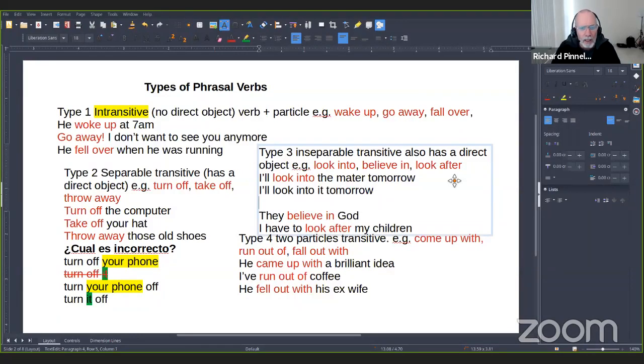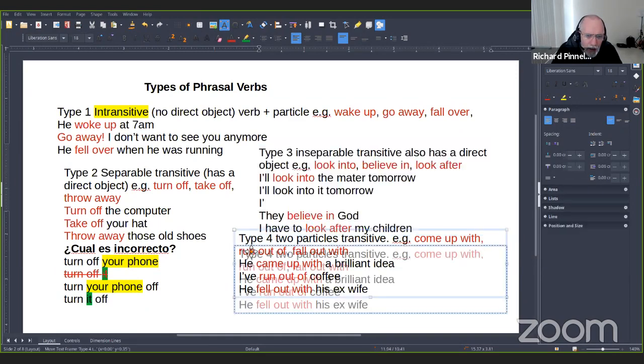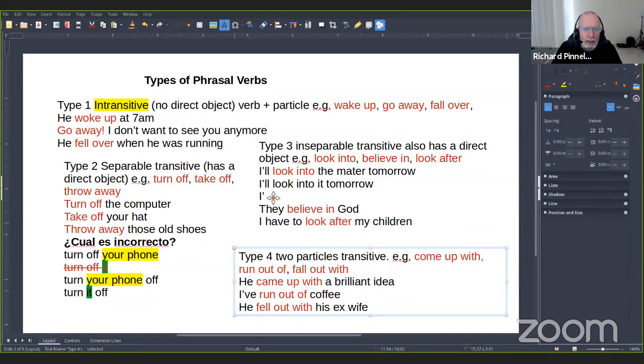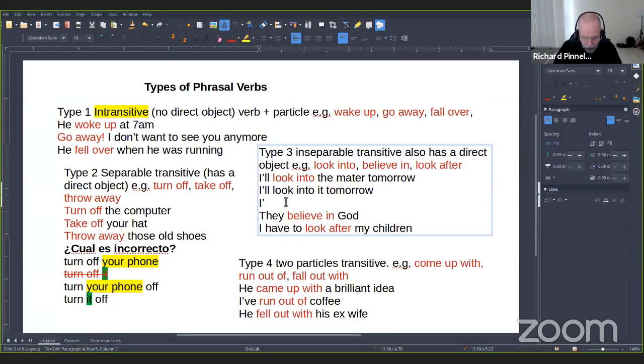But we cannot say, I'll look it into, or I'll look the matter into.